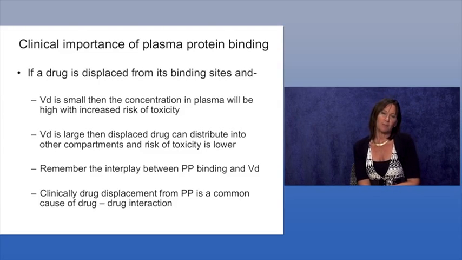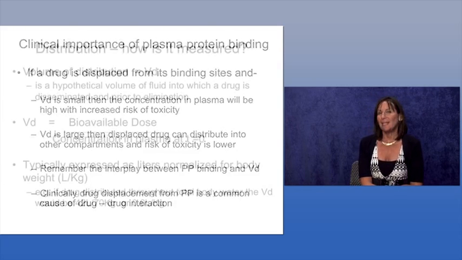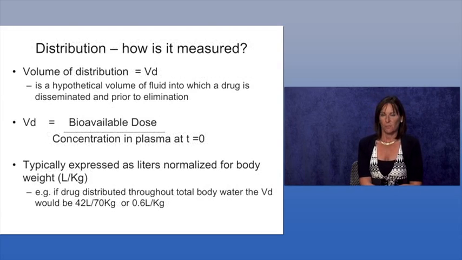Clinically, drug displacement from plasma proteins is considered to be a common cause of drug-drug interaction that may or may not have clinical sequelae. So we're going to talk a little bit of math here, but not too much. How is distribution measured? Well, we use the term volume of distribution, or VD for short. The definition of volume of distribution is a hypothetical volume of fluid into which a drug is disseminated prior to